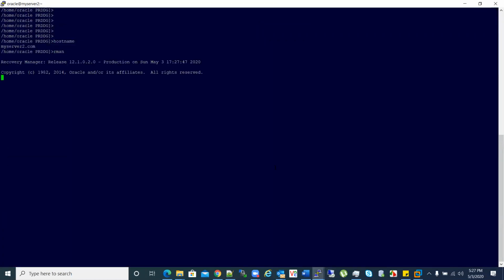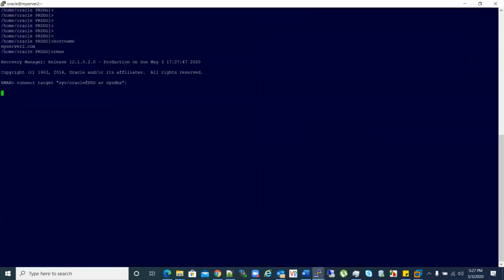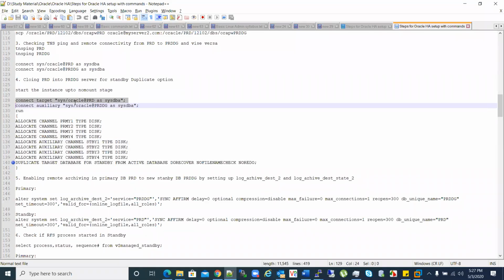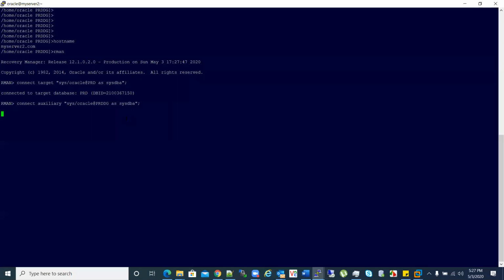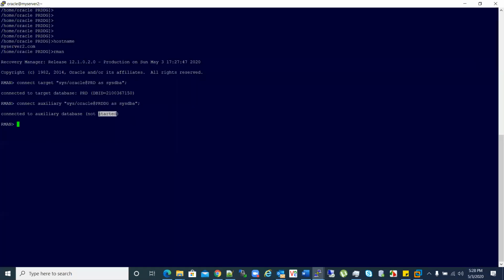I'll go to RMAN. I'll connect to my target. It's connected. I'll connect to the current system as auxiliary database, and it got connected, and it says it's not started. Yeah, before I start the cloning, I'll have to start the DB in nomount stage.